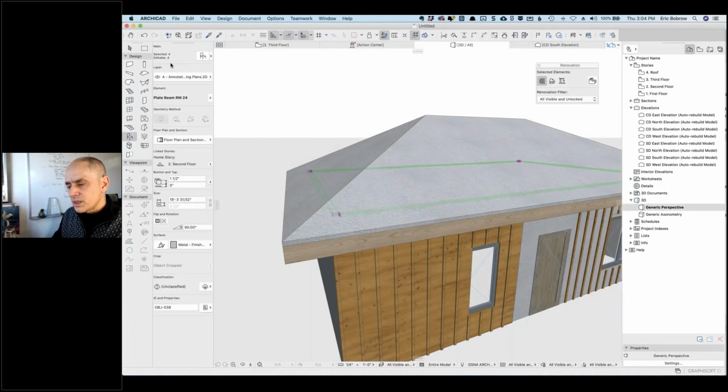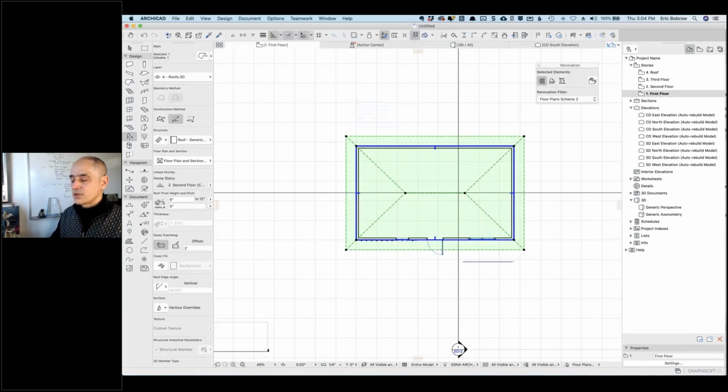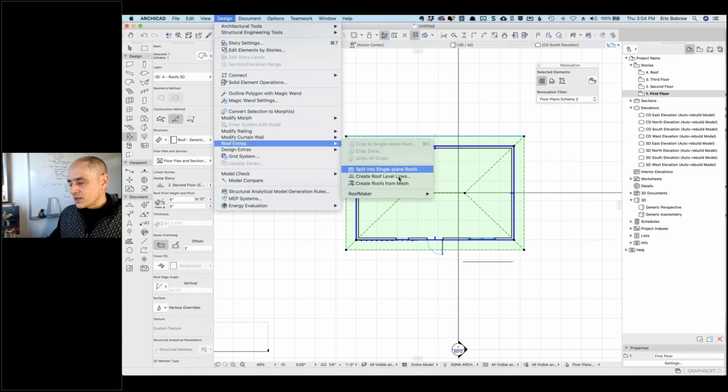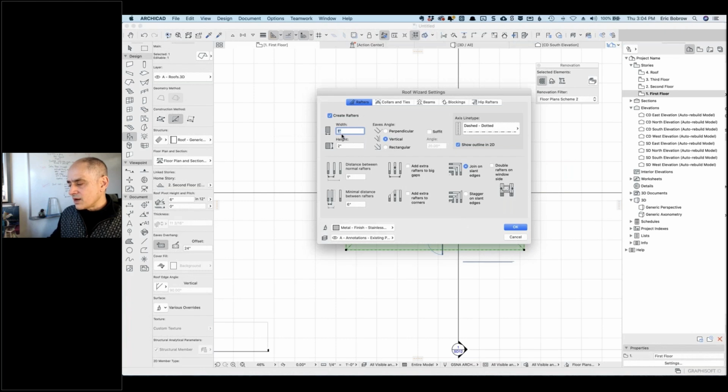No, it put in something on the edges. So, try one more time. And if it doesn't work, then I'll just jump to the curtain wall option. So design, roof extras, roof maker, roof wizard, saying create rafters. The width is here. The distance, why is this distance between normal rafters? I wanted this to be 1 foot. There. Now, let's just say 16 inches. There. Okay,